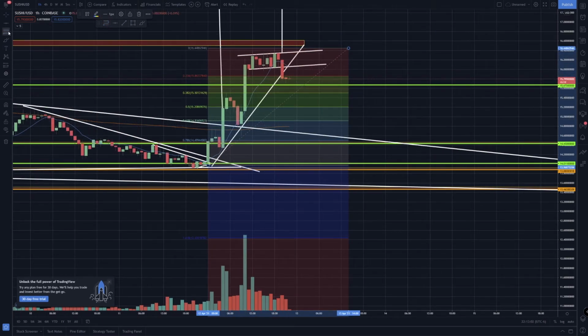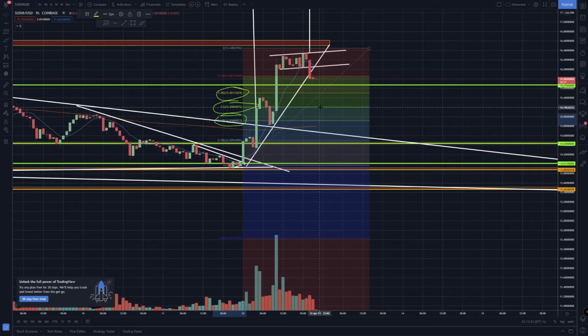Like I was saying, I like watching this 50% level and the 38% level. In crypto, it can swing down to even 61%. I've been noticing in stocks mostly that it goes down to 38 a lot, and sometimes 50. But in crypto, it sometimes goes down to the 61%. So we can either put in a limit order right here, or maybe even right here. I'm going to be safe and go for that 50% level at around